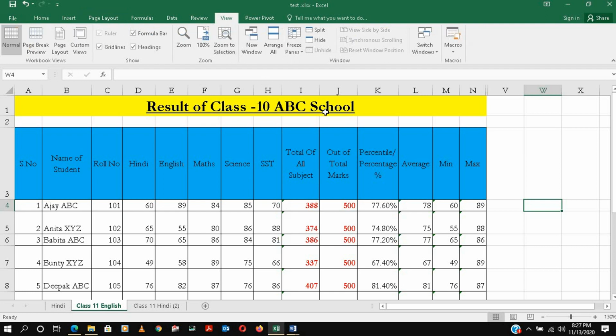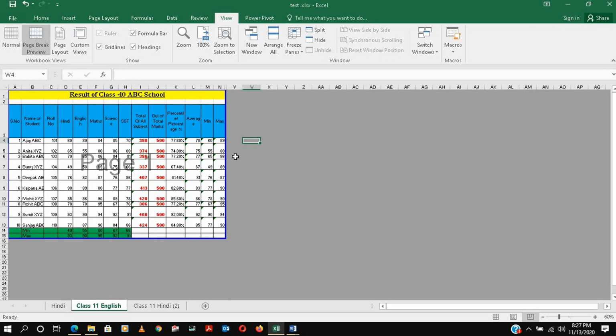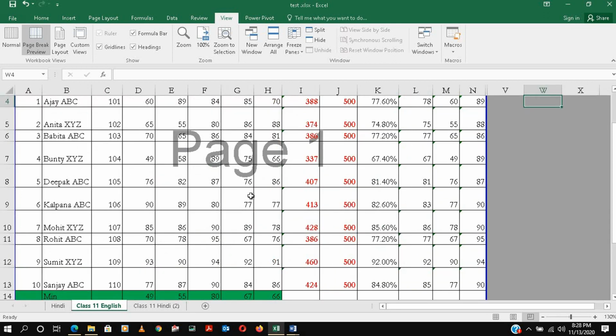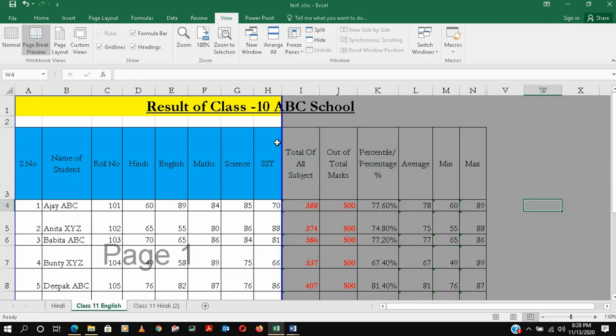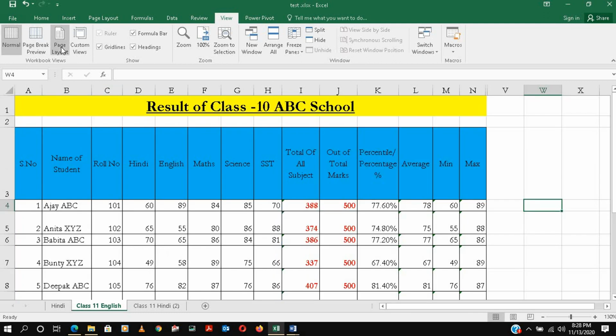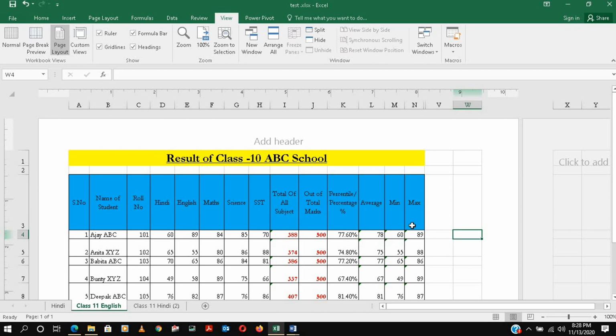Now we'll go to view, and in view we have normal. This is the normal, whatever we have. Then page break preview means whatever we would like to have printed. Suppose you want only half of the page till here as the printout, so you can select this and do it. Okay, I will zoom in on this, so maybe you will come to know. If you want only this much, only this much will come as a print. Okay, so this is the print. So we'll do normal again. And page layout is basically the full page.